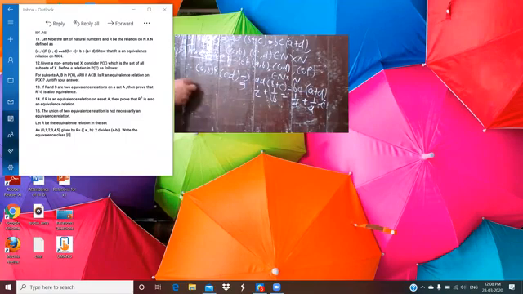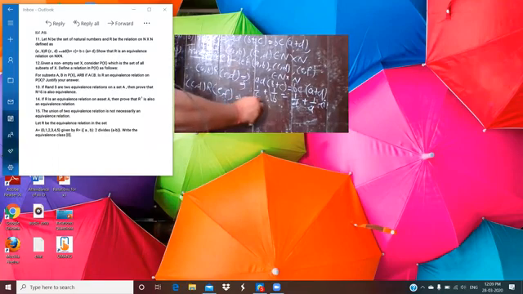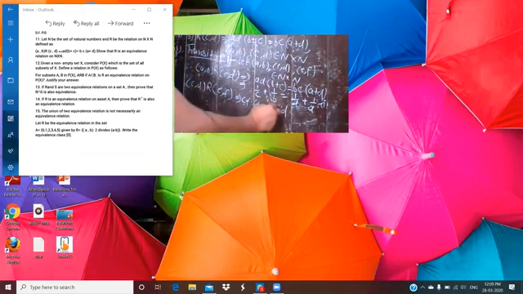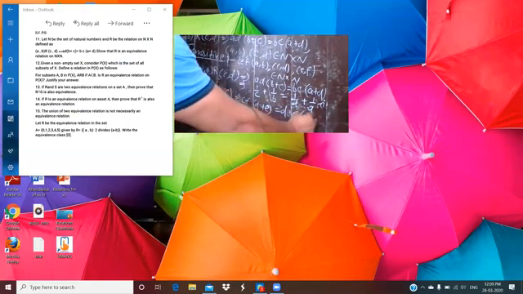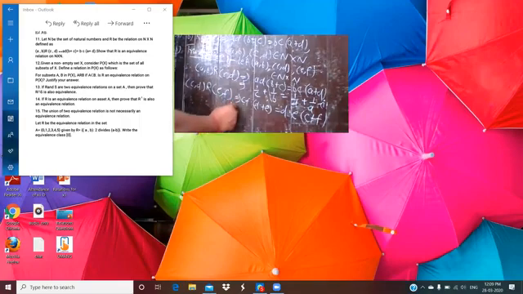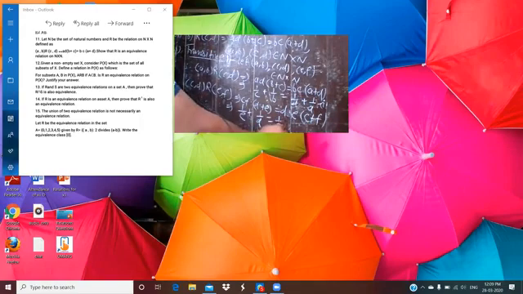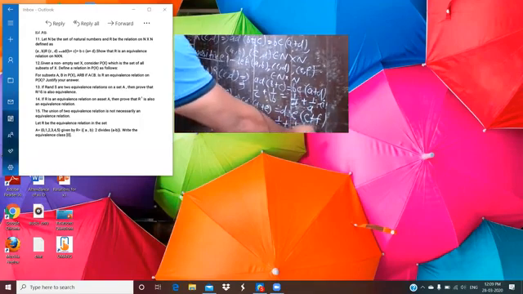In the same way, if you take the second relation CD R EF, this implies the product of first and fourth, CF into D plus E, is equal to DE into C plus F. Now again divide by DE and distribute it. 1 by E plus 1 by D is equal to 1 by F plus 1 by C, that is the second equation.